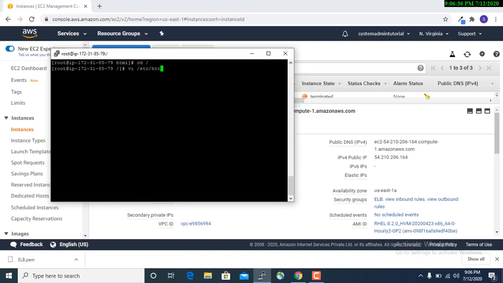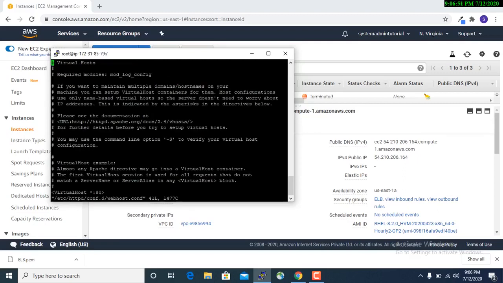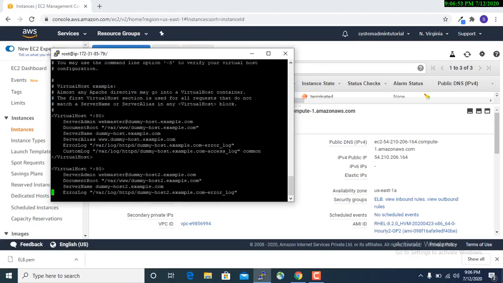Now you see, I have to go into the directory. No, I am in the HTML directory, so I have to go to the configuration directory. I am giving the complete path /etc/httpd/conf.d, and open the file webhost.conf.